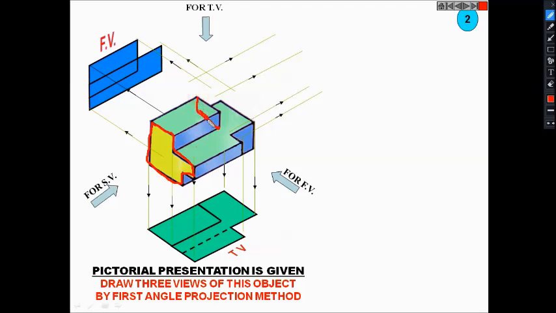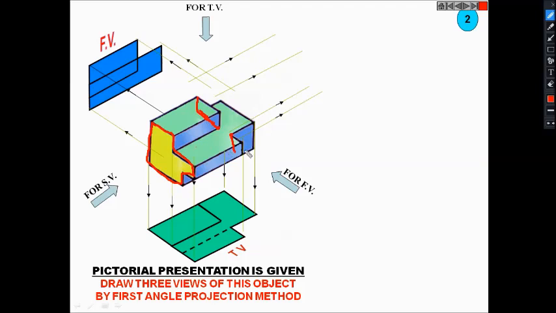So it will be like this. And the second one is the edge which passes through this particular point vertically down like this. So the two edges cannot be seen by the observer directly,